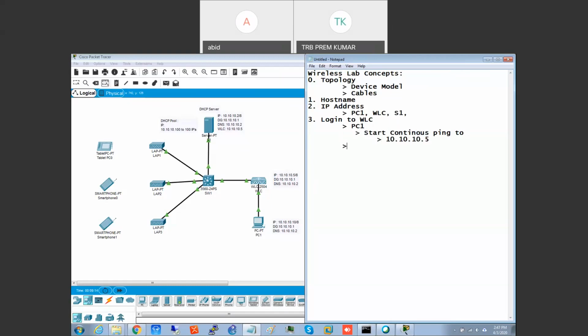Then go to the web browser, in PC1 only. You need to type HTTP 10.10.10.5. Then once you do this, in the fourth step you will log into WLC.